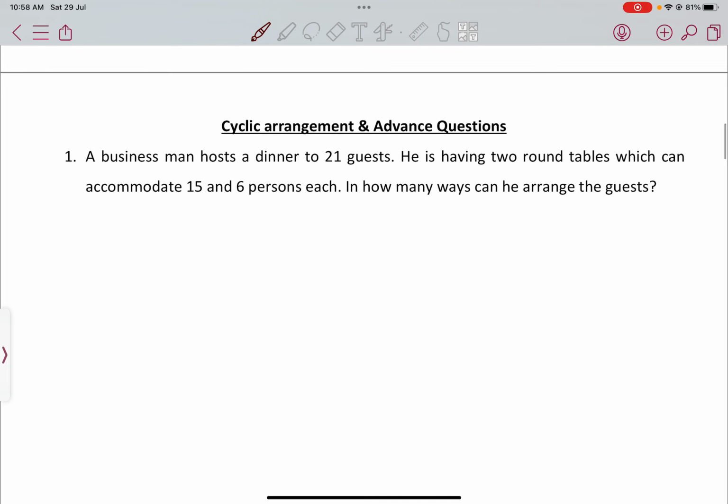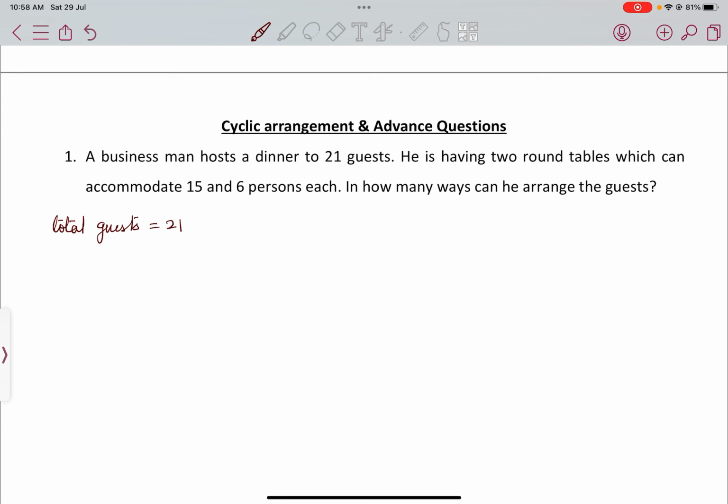ये साइक्लिक अरेंजमेंट के ऊपर क्वेश्चन है, परम्यूटेशन कॉम्बिनेशन का। इसका क्वेश्चन 1 देखते हैं हम। A businessman hosts dinner to 21 guests. देखिए, इस क्वेश्चन को ऐसे करते हैं, टोटल गेस्ट कितने हैं? ये 21 है।